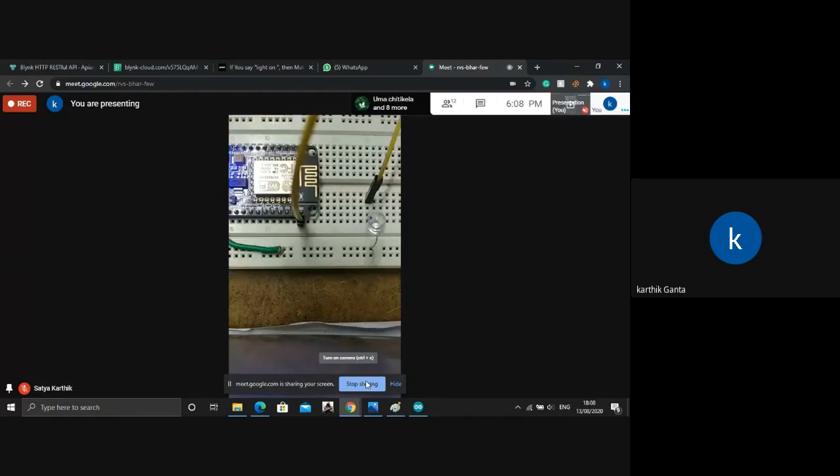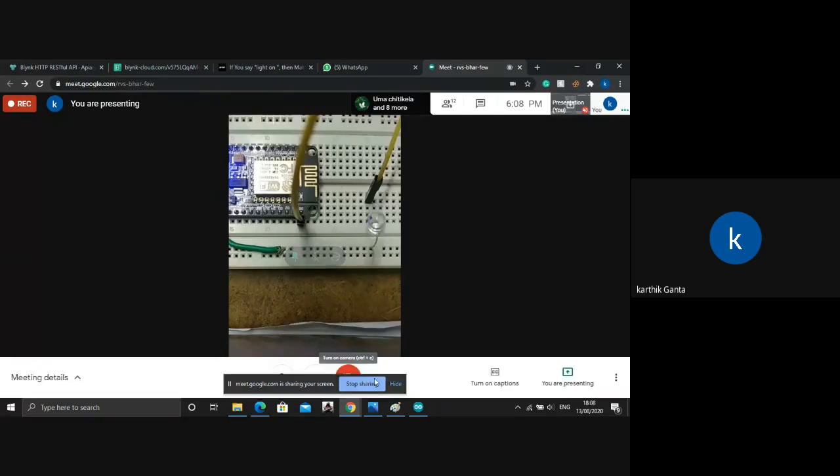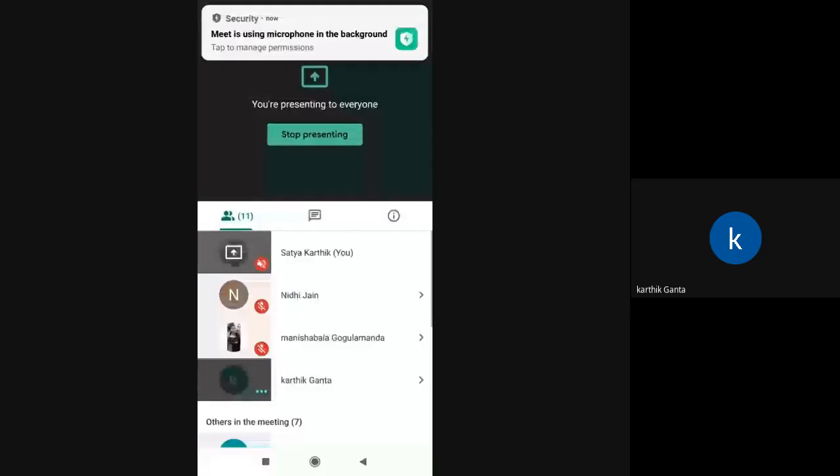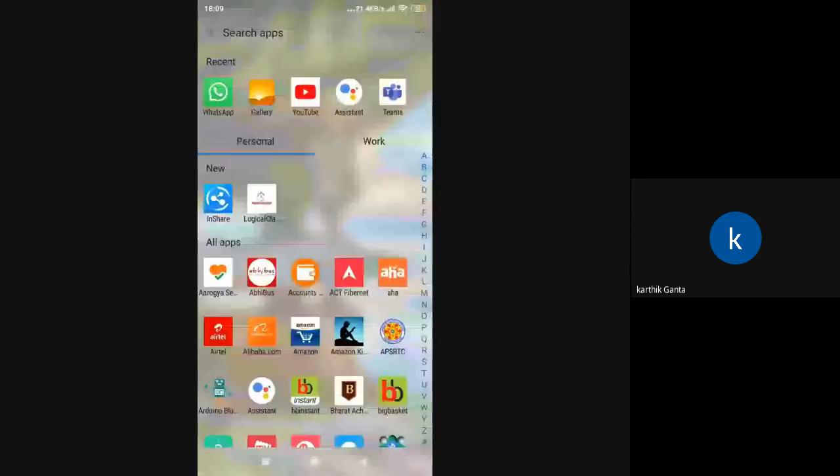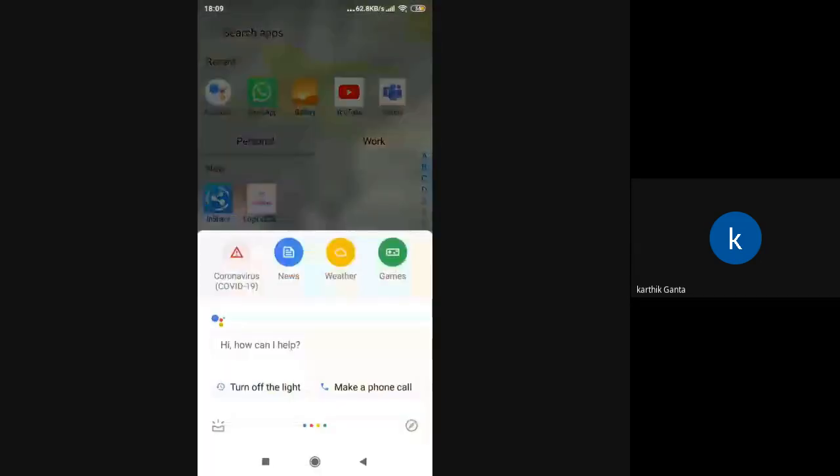Okay, just give me a second. Home screen, and now I'll just say to my Google Assistant, turn on the light.